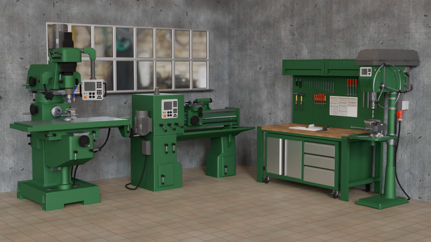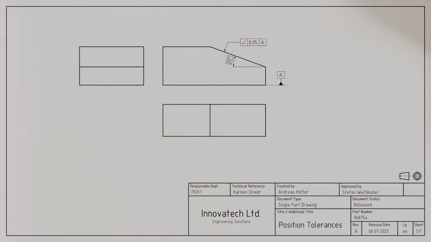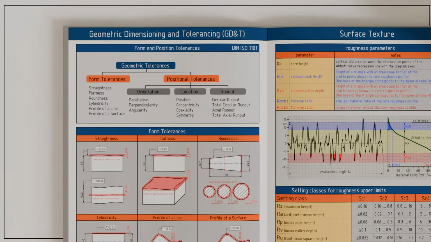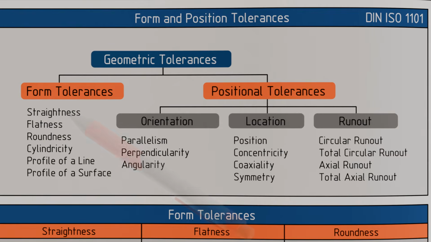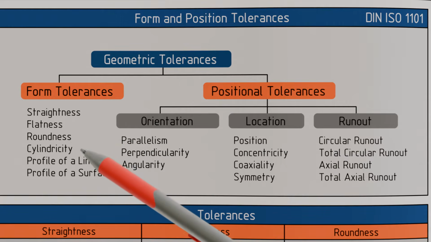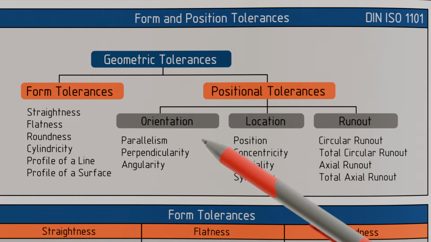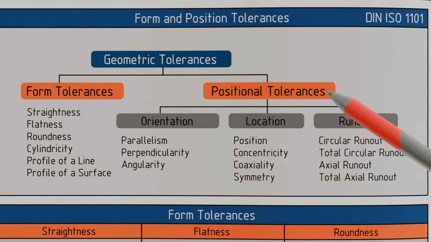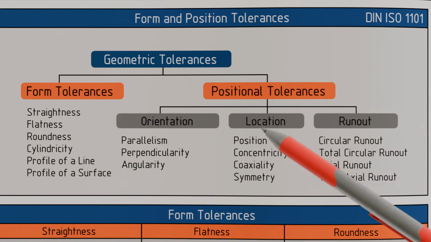In the linked video, we have already explained form tolerances in detail. This focused exclusively on tolerating the form of geometric features such as straightness, flatness, roundness, cylindricity, profile of a line, and profile of a surface. In this video, we will take a closer look at positional tolerances, which can be divided into orientation tolerances, location